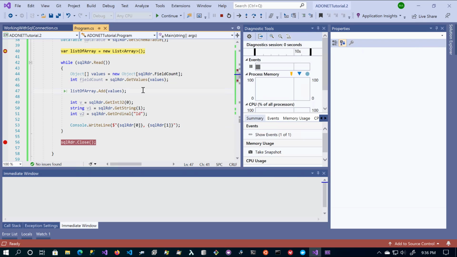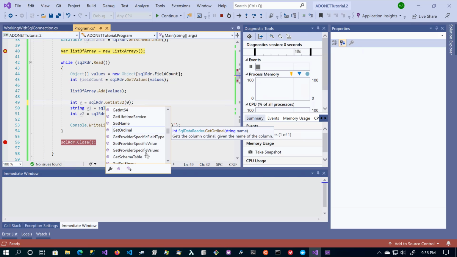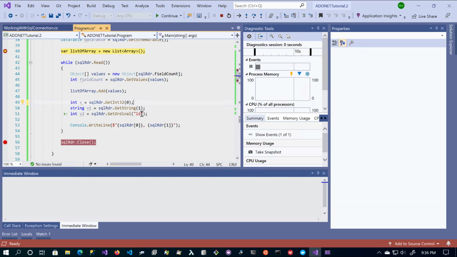So what we can do is, in the reader, there's a method getInt32, and we pass the ordinal value or the actual string representation of the column, and then it returns back an integer value for us. Same thing with getString. And if we do a dot notation there, you can see that there are many other types: get date time, decimal, double, boolean. So there are a lot of other types that we can convert if we know what type of values we're working with. So if we execute this,